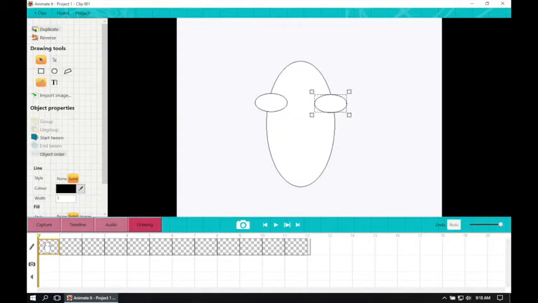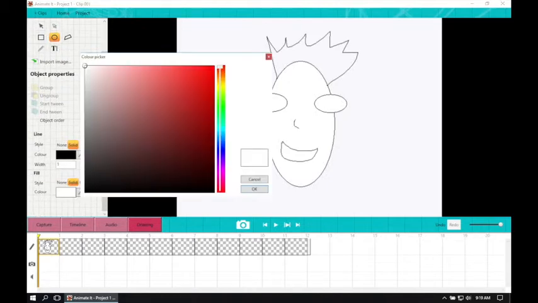I'm then going to use my freehand pencil to draw maybe a small nose and a big mouth. And I'm going to have some hair on my particular character. And so that's the outline for my picture. I'm going to add a couple of little intricacies to it. I'm going to go back to my oval. But this time I'm going to choose a fill colour